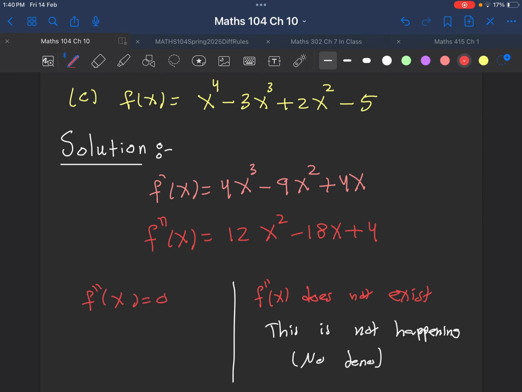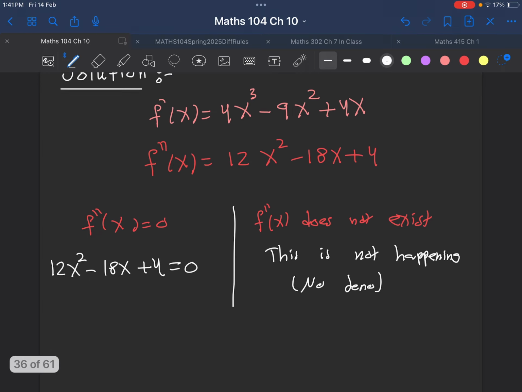Now, the next one is we need to write f double prime of x equal to 0, which means what we are going to do is we need to write 12x squared minus 18x plus 4 equal to 0. And here we need to solve it by factoring, or we will use the quadratic formula. So if you use the quadratic formula, we will get